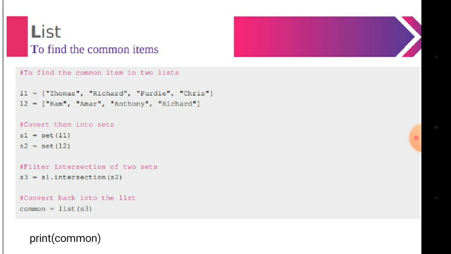So first convert them into sets. Here S1 is set of L1, so the list is converted into a set. Then find the intersection of these two sets. So here we are doing the intersection, that is the common thing. Finally, the result will be converted into a list called common, and we are printing the common value. Okay, hope you understand. If you do not understand, just tell me, I will explain it. This is the last part. It is not essential for your exam. I will just explain it for future purposes. Set is not part of your syllabus, but I am giving it for thorough knowledge of Python.